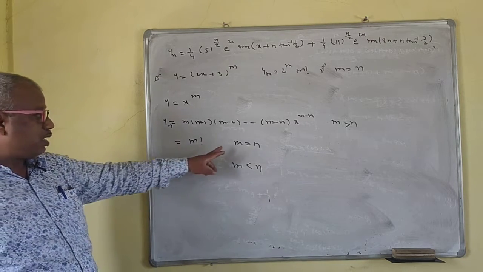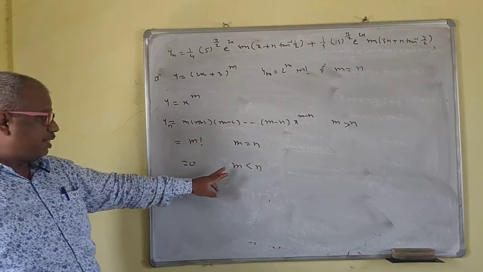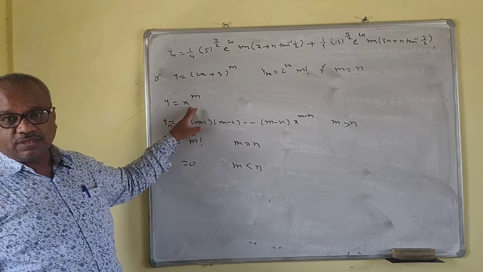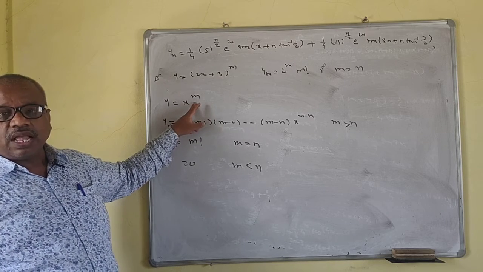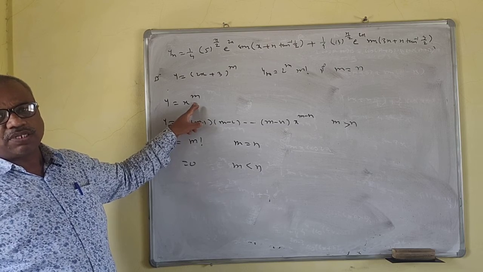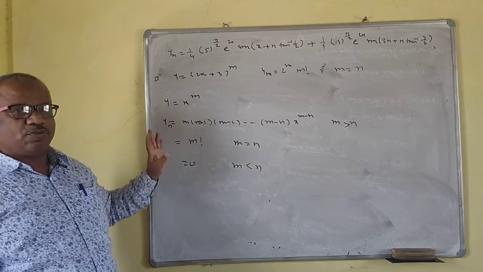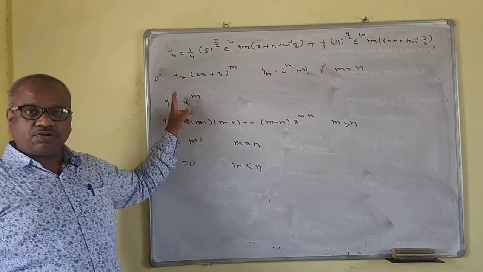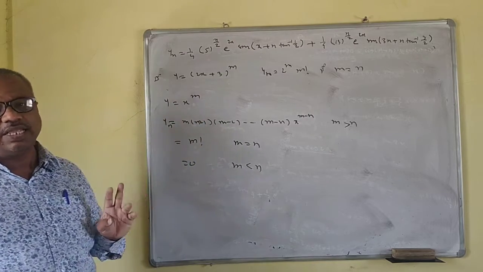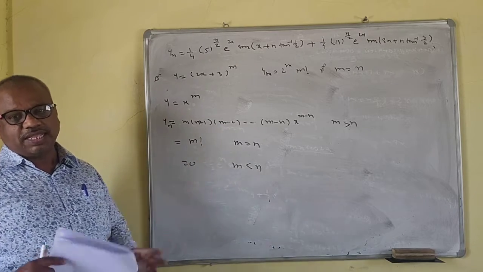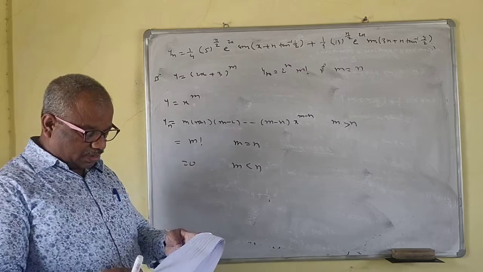So that means nth derivative what? If m is less than n, then nth derivative is 0. Note that. So that means if it is power 7 and you are finding the 8th derivative, up to power 7 it is constant and 8th derivative will be 0. That means what? M should be less than n. Nth derivative is 0 means your m should be less than n. Okay. So y is 0 if and only if m is less than n. Okay. So take the care of that one.